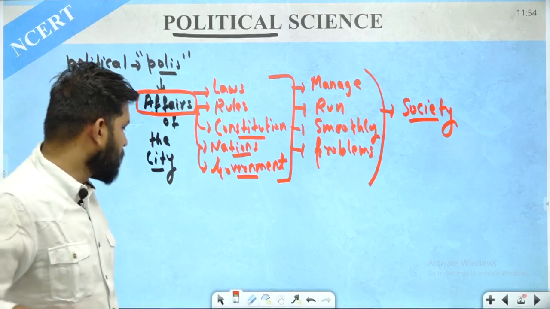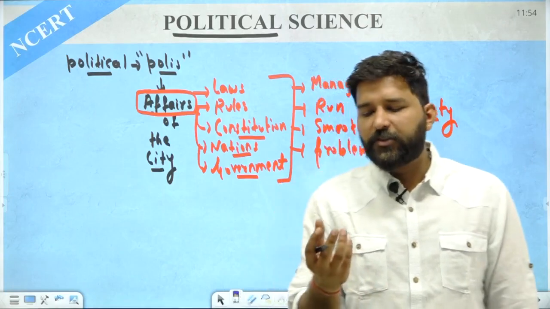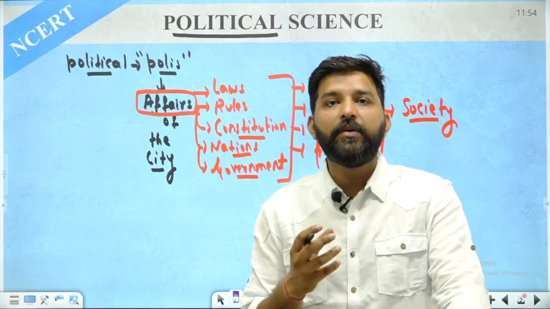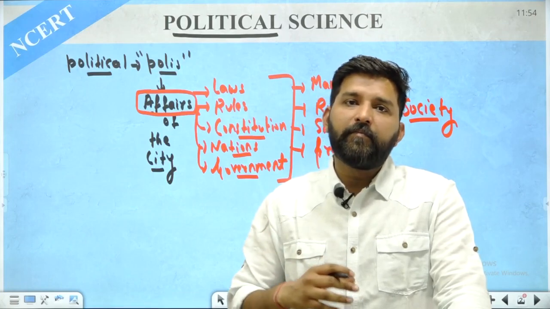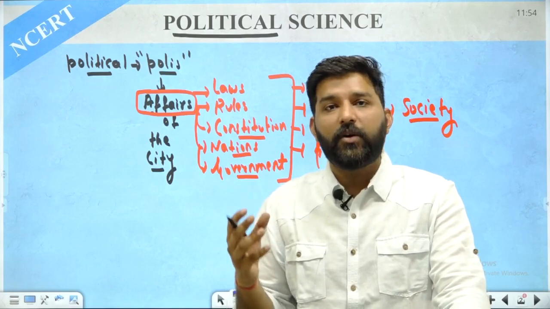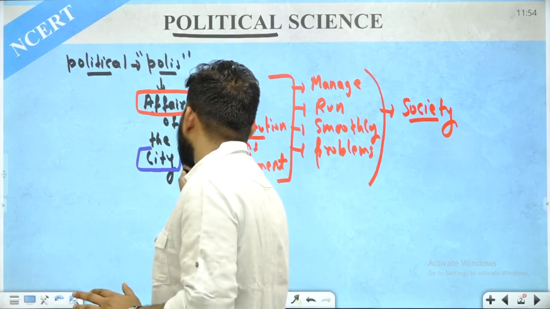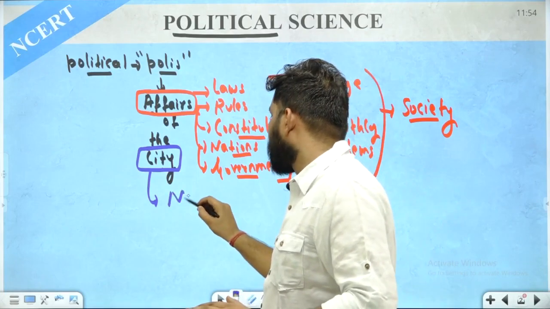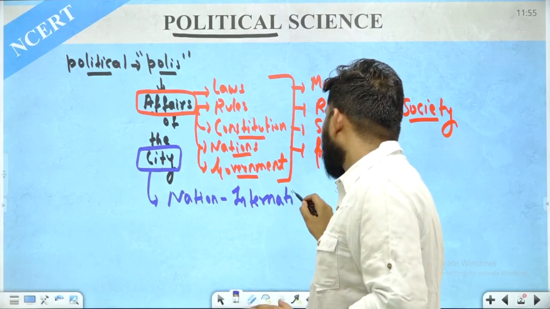Now, if we look at the second word, the city. In ancient times, it was designated as a city because there were small cities which developed in Greece. But in present times, in the globalized world, the world has widened. From cities, we have formulated nations. From nations, we have formulated the international levels, all the international organizations. So political science has also widened its scope. From cities, we have moved towards the formation of nations, and from nations, towards the formation of international relations or international organizations.